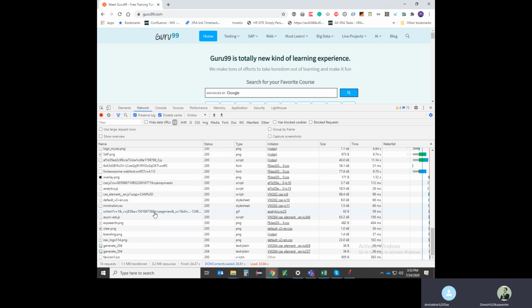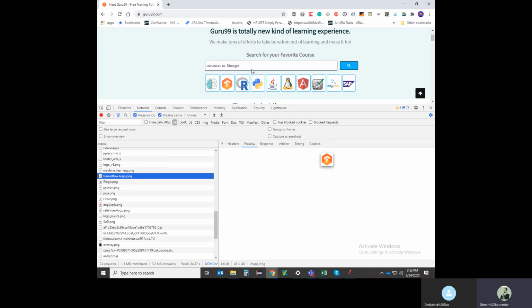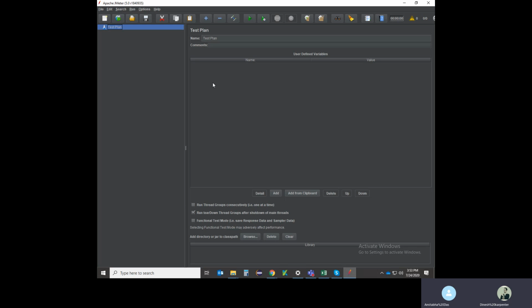JMeter so that it will record all the requests. There are different icons on the page, and all the icons, each and every request, is captured by JMeter. So today we will try to record and playback a single site. We will create a test plan using record and playback. We will not manually add the requests. I am going to show you the method of how to record and playback in